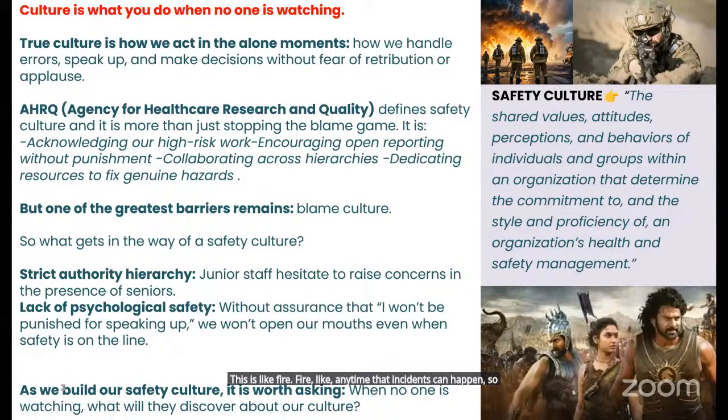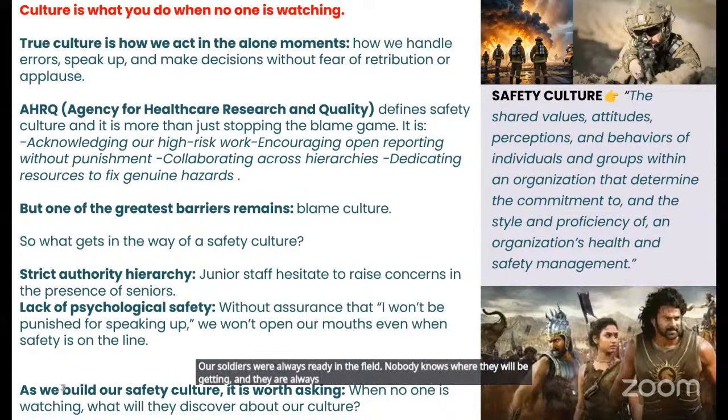Fires are always there when we call them, and they rescue us. They are our soldiers who are always ready in the field. Nobody knows where they will be needed, and they are always ready to save us. So a safety culture means we should always develop a safety culture in our day-to-day life also, not